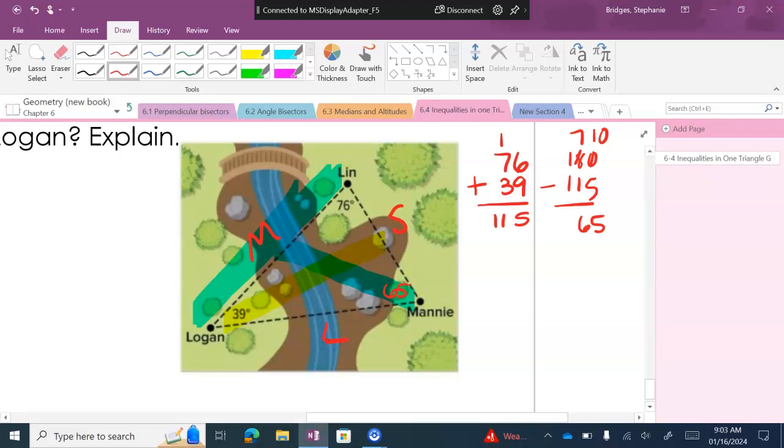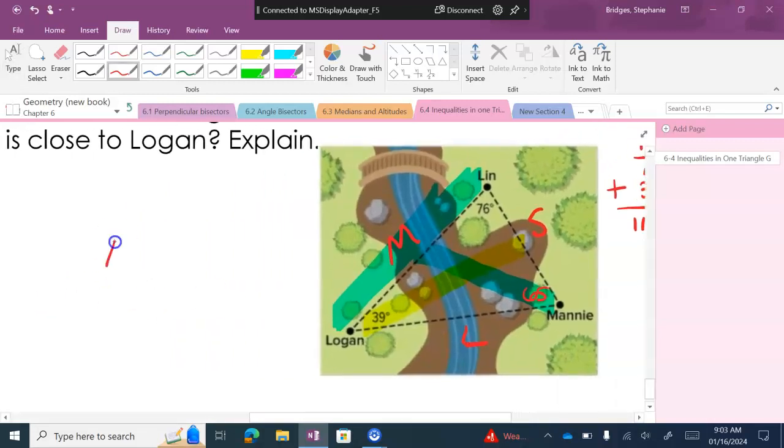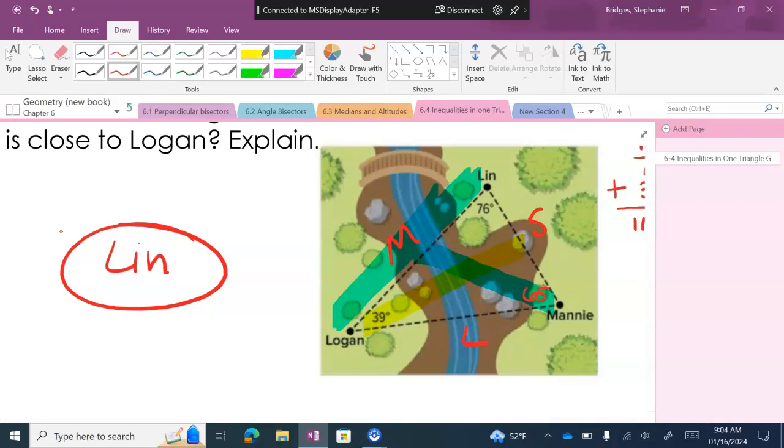Okay. So what we're trying to figure out now is who is closer to Logan. Is Lynn or Manny closer to Logan? Going from Logan to Lynn, what did we label that one as? The medium, right? The middle one. And going from Logan to Manny is the longest one. So who's closer, the middle one or the longest? The middle. So who's closer? Lynn. Everybody get the idea? Not terribly difficult, right? As long as you can pick out the side across from an angle and the